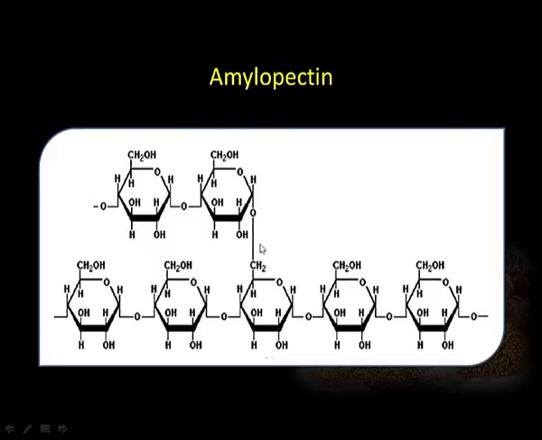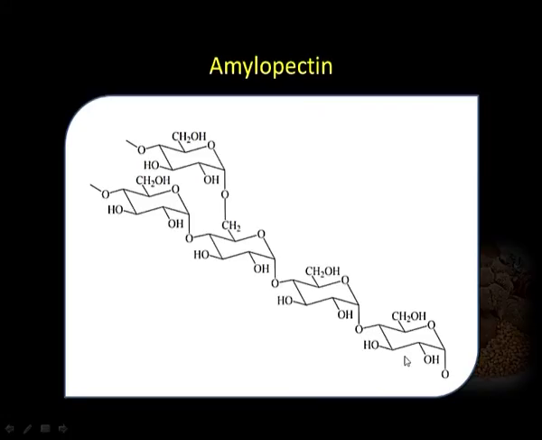This hydroxyl group at carbon number 6, this CH2OH, has also joined with the C1 of another glucose moiety, and now it is forming another chain with 1,4 linkage and so on. So, a branching has occurred here, and due to this branching it becomes more water repellent, or water insoluble. We can show in terms of conformations also that this is the chain of glucose molecules where C4 of